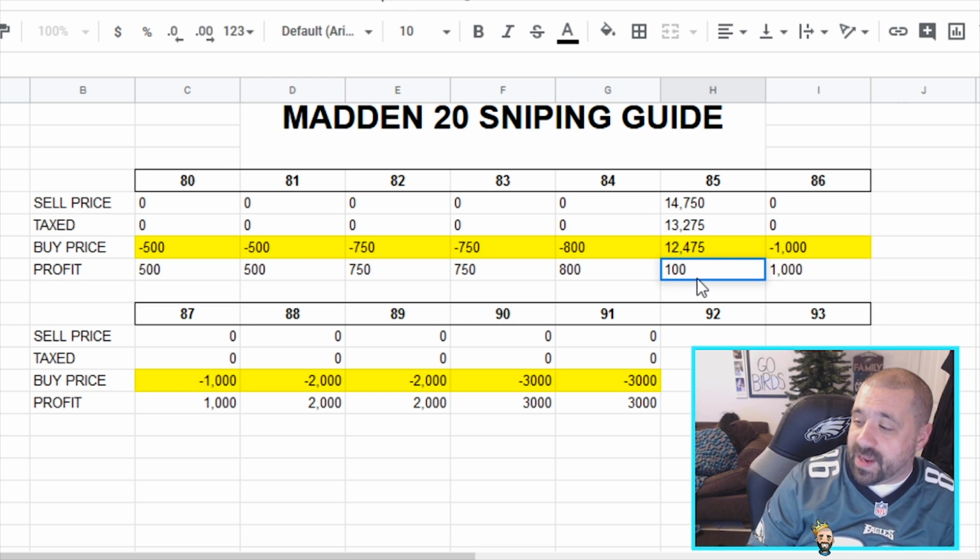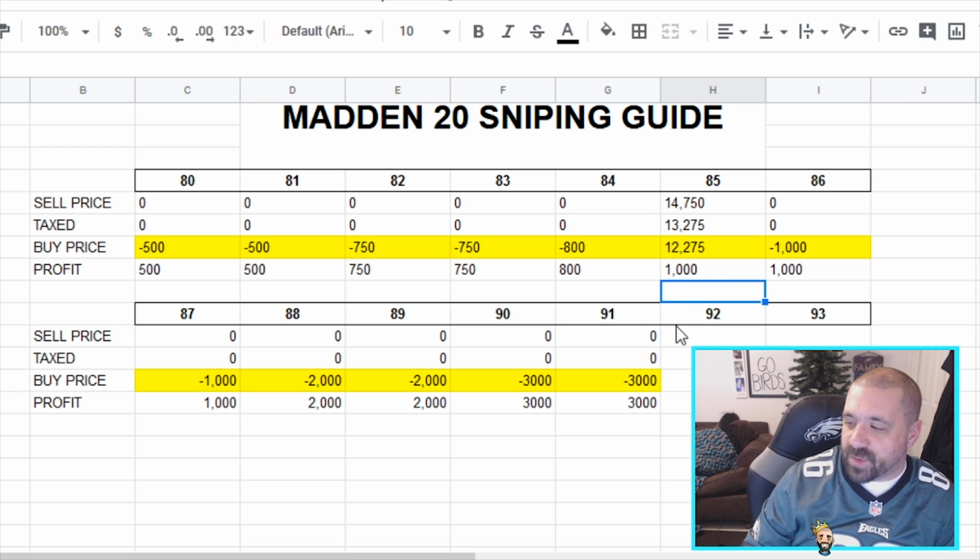If you're willing to make 100 coins on each flip, you can update it to 100 coins. I think a safe number for me right now is about 800 coins. You can be a little more, I won't say greedy, but willing to make more coins and put 1,000. Okay. That buy price is going to change, and now we're going to try to go for 1,000 here, but it's